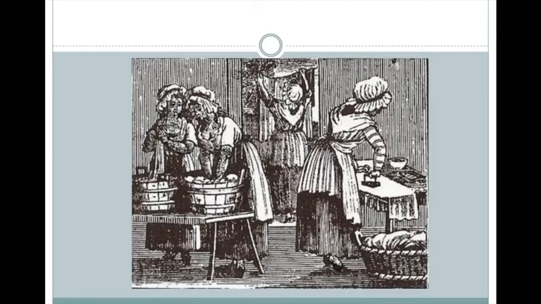Now, in order to have the type of slave system that the Southerners did, it required maintaining order. And maintaining order rested on force, both physical force and psychological force. The physical force, I mean whippings, maimings, maiming of body parts is what I mean, or